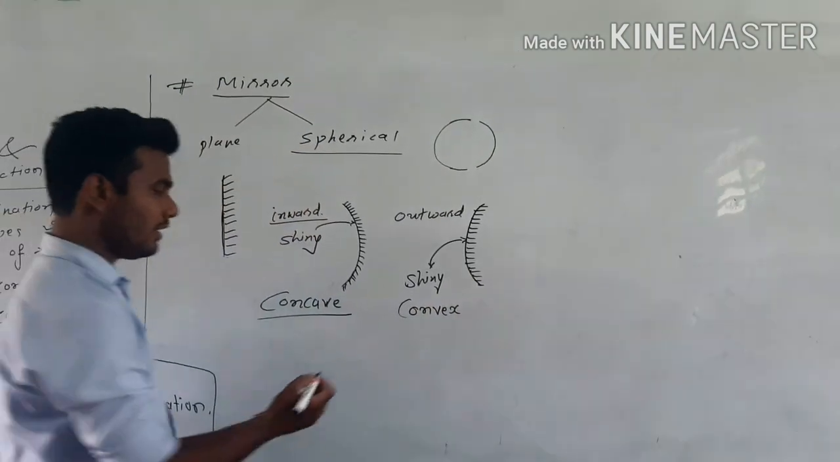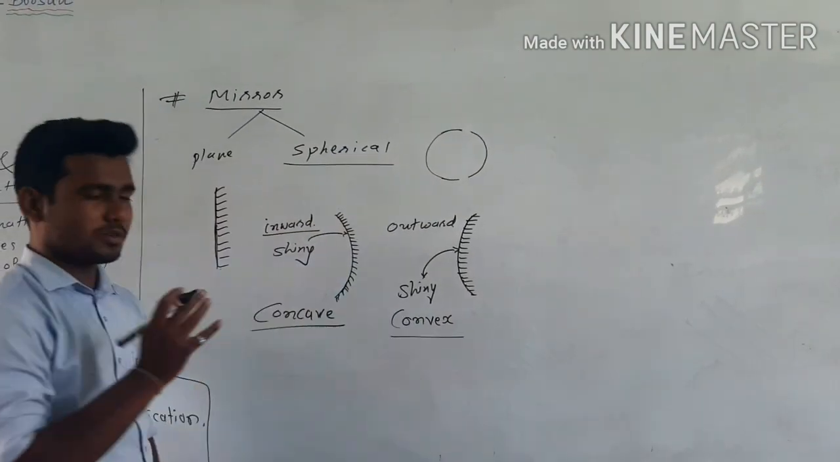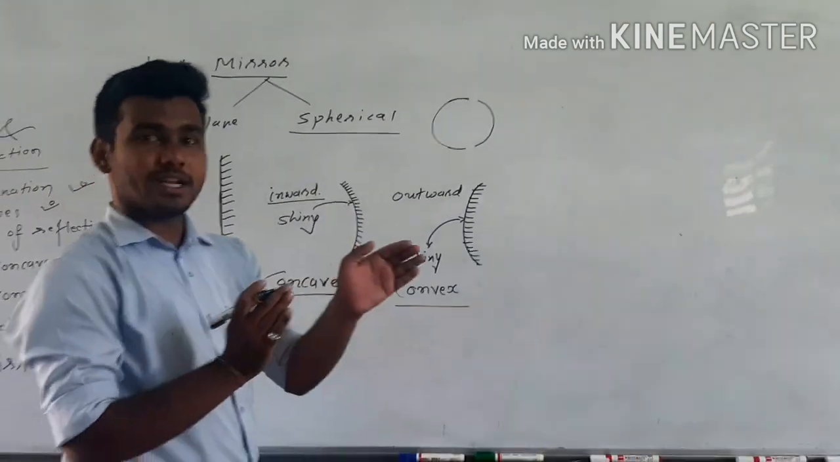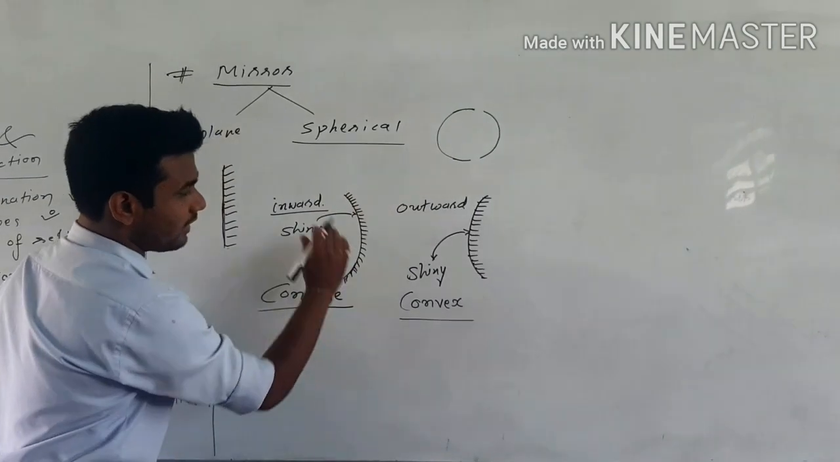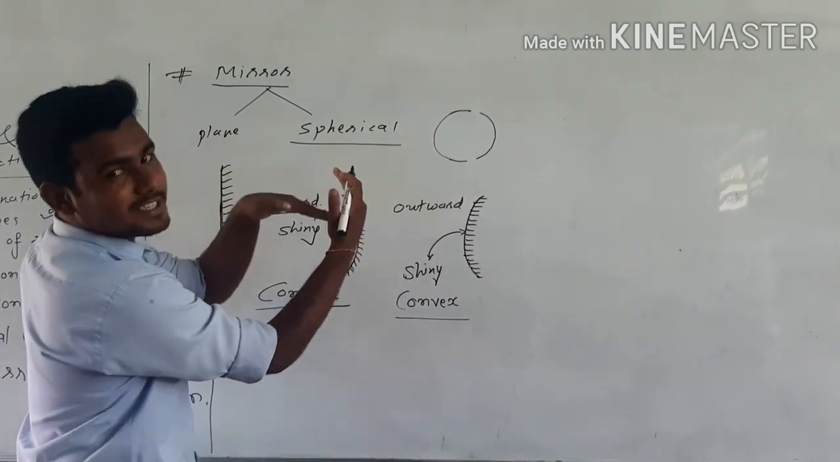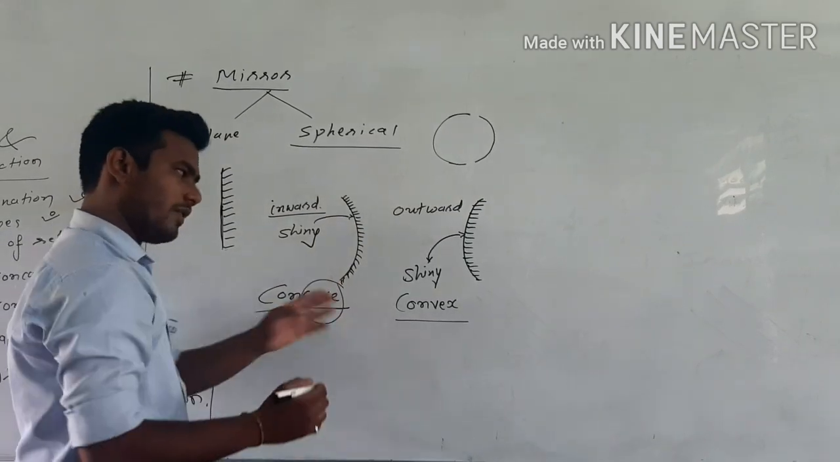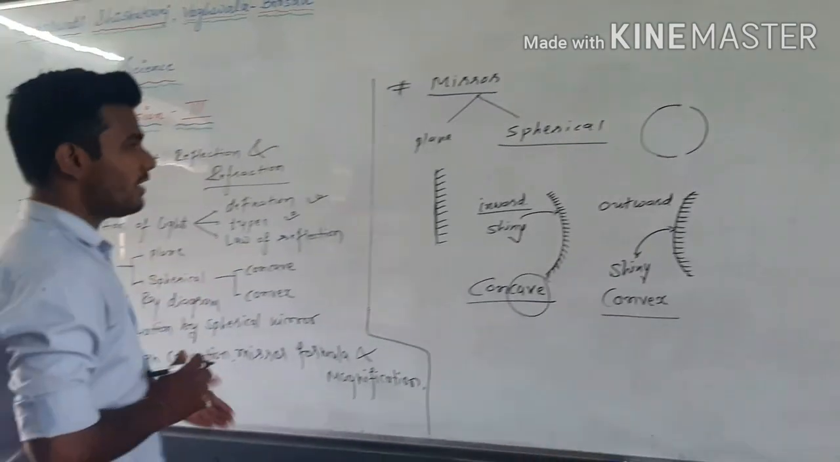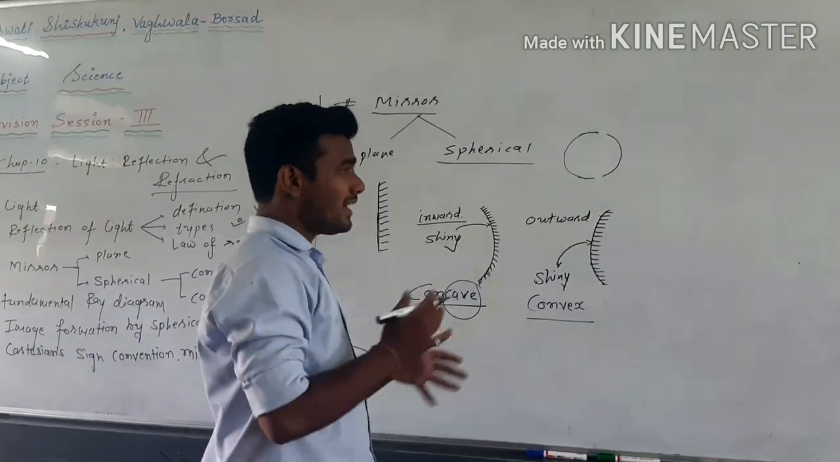Now how can you know what is concave and what is convex? It's very easy. Cave, you know cave, right? You can go inside the cave. So here it is also creating like a door, right? You can go inside. So if the inside surface is shiny, that is concave, and the other one is convex mirror, right? So this way, in mirror, plane mirror and spherical mirror, we know that the properties are different